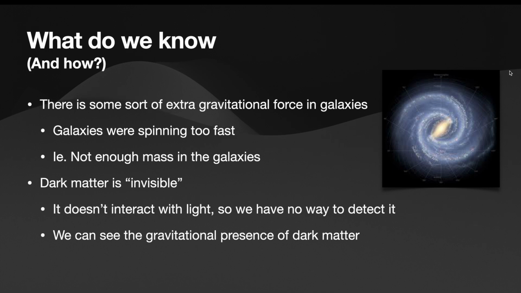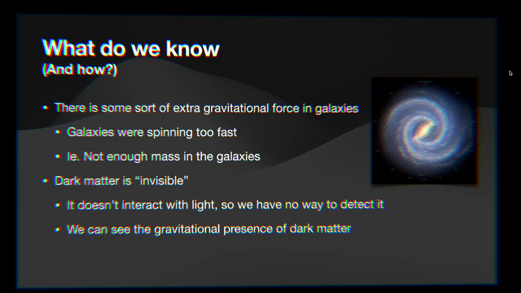How do scientists know that dark matter is invisible? Well, because it doesn't interact with light in any ways. So, it doesn't absorb light, it doesn't emit light, it doesn't bend light. So we can't really see it. But we know that it's there because we can see the way it affects gravity, because it has mass. So we can see gravity and light bending more than it should if just the visible mass was there. And it's very interesting to see how by analyzing gravity, we found kind of an invisible matter.